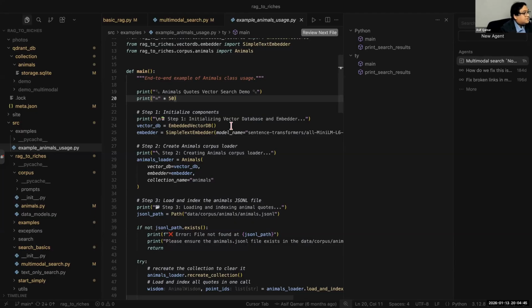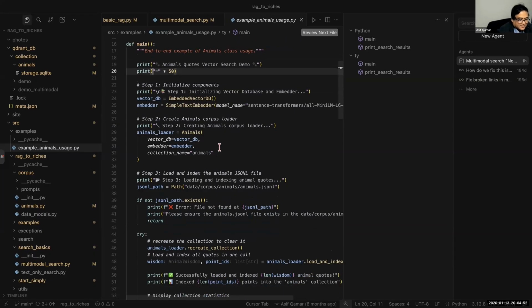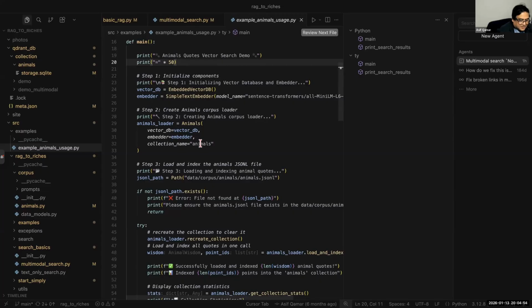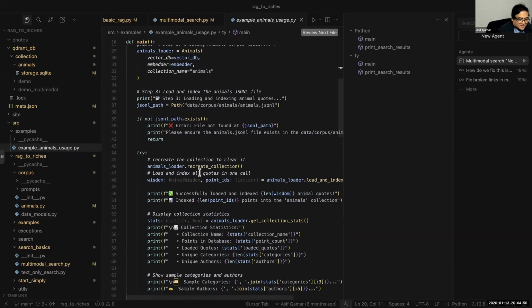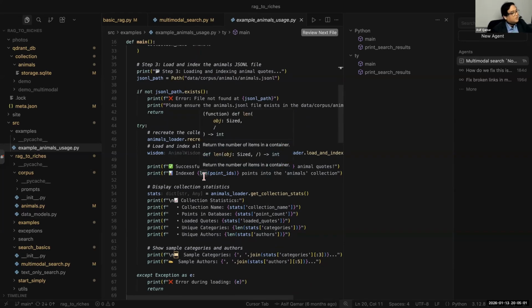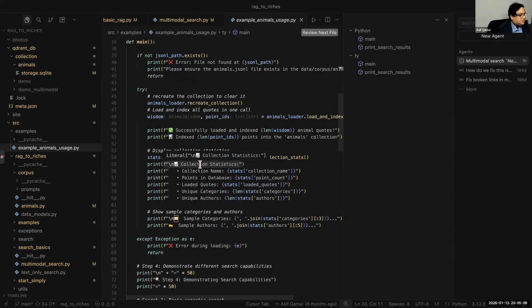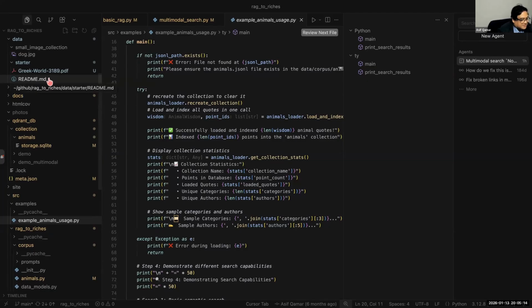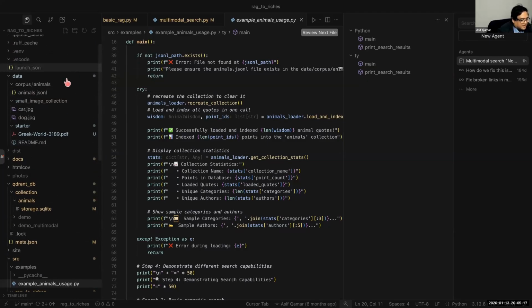And where is the text? We already saw it in the JSON file, right? So we load it and load the animal. If the JSON, otherwise, what we do is we can recreate the collection. This is the indexing part. We can go index all of those points into the vector database. Simple example. And then there is some metadata associated with it. Just to show you the use of metadata, we added some basic metadata to it. What was the metadata that we added? Let's go back and look at it.